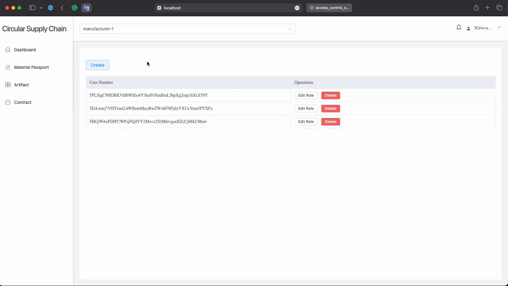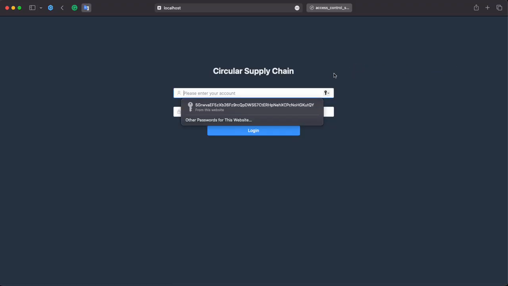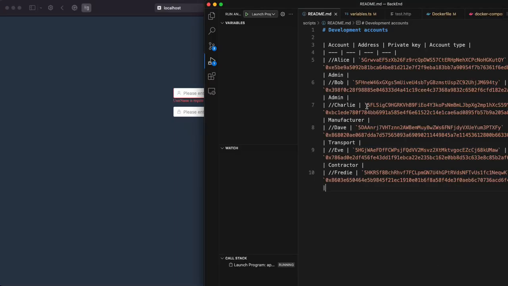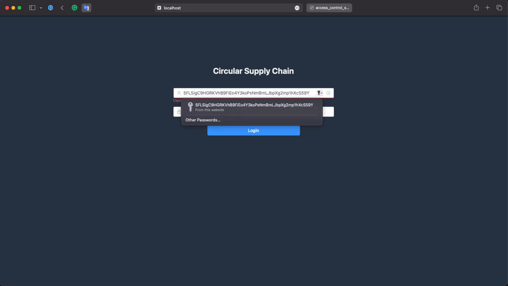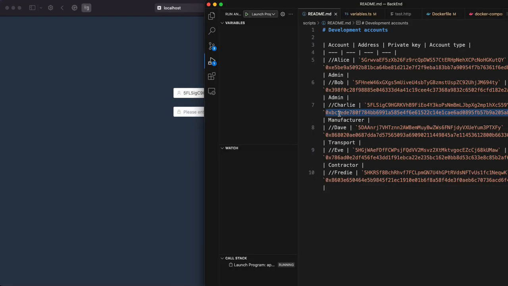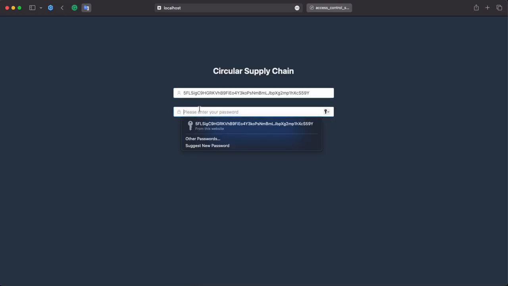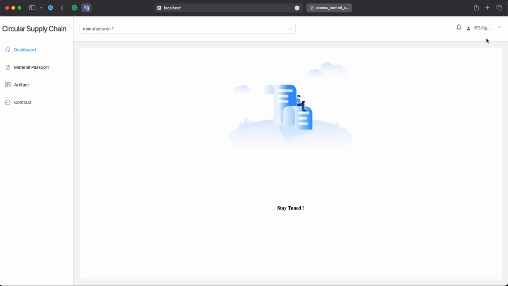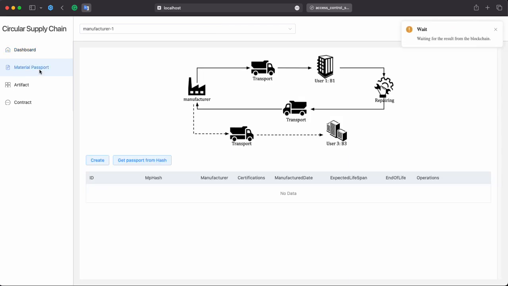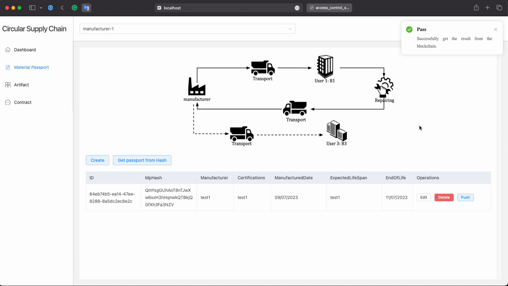Now I'm going to log out from the admin, and log in with the manufacturer account, using the public key as the username and also the private key as the password when logging in. So here we are. Now we are logged in to the manufacturer account. And for the manufacturer, we can see from this simplified use case diagram,